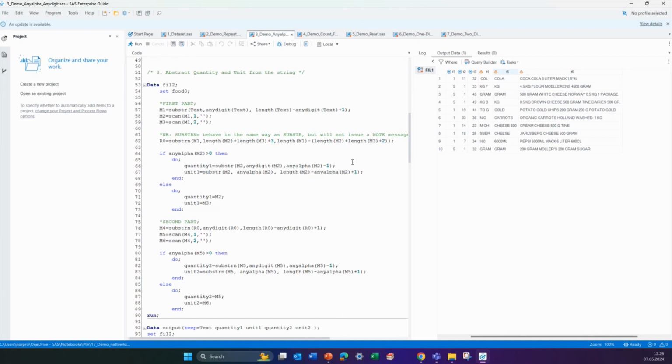Because to do this, to just get the numbers, I want the word after the numbers to know the unit and the quantity. So what I do is I first,